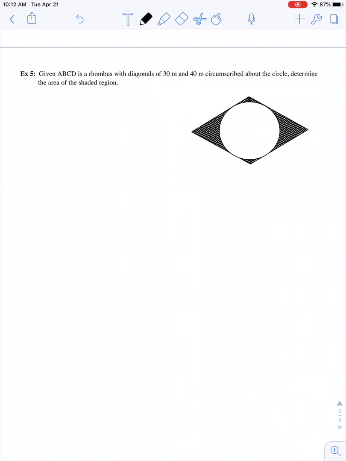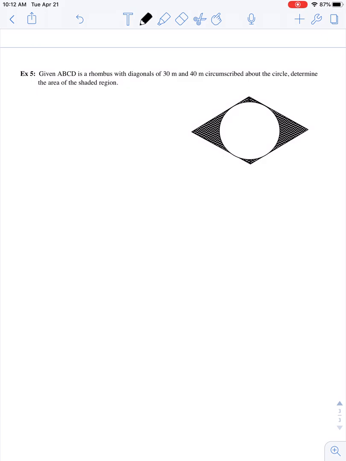This is example number 5 on Unit 9, Day 9, Optional Practice. Given ABCD is a rhombus with diagonals of 30 meters and 40 meters circumscribed about the circle, determine the area